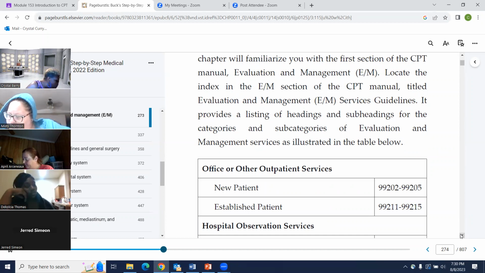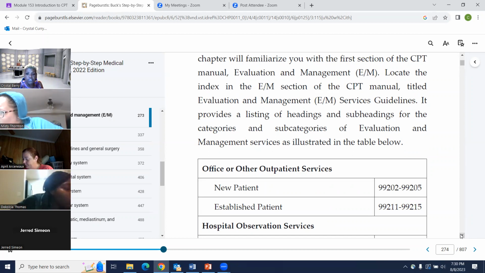And you would see on there, it says office or other outpatient services. And it has the code range 99202 to 99205. So that's office or other outpatient services. That's for a new patient.